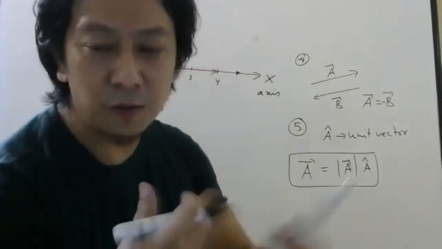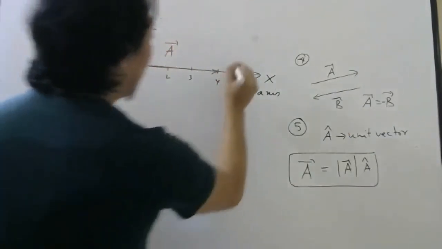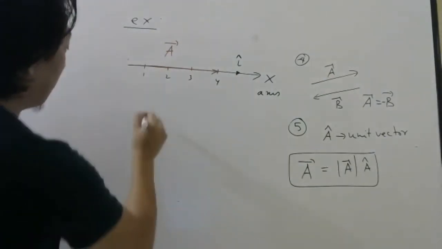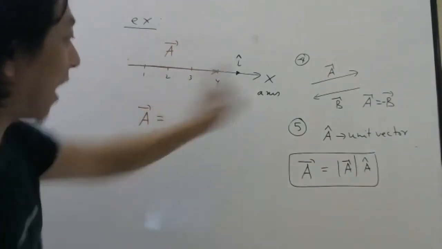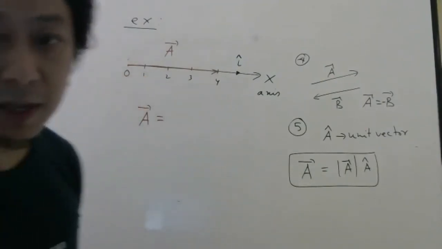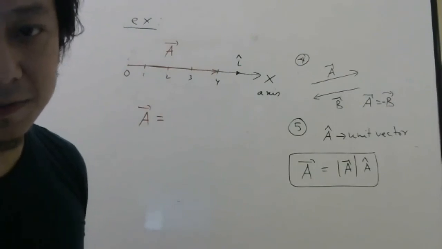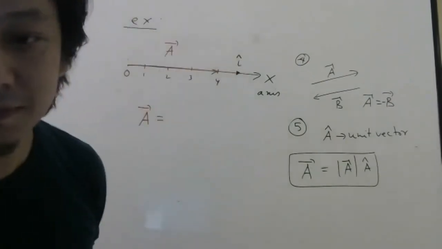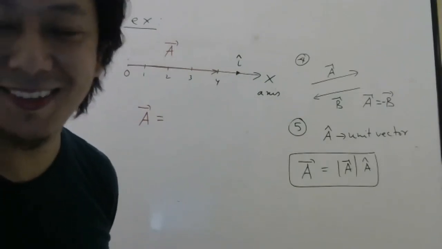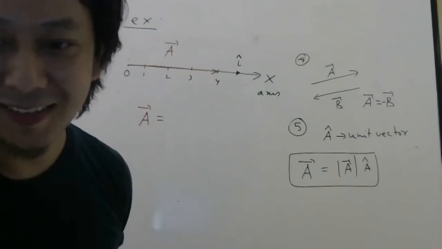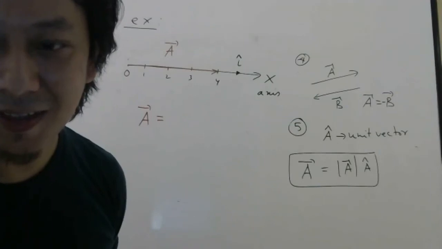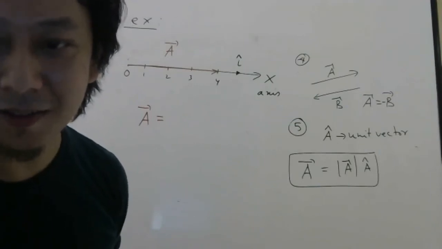I want you to get used to other symbols also. So let me write I cap. Then tell me what will be A bar equal to in terms of I cap. This is 0. A bar will be equal to how much for this diagram? Say this, then we will stop the class. But I hope you will tell correctly. 4 units I will not accept. A bar is equal to